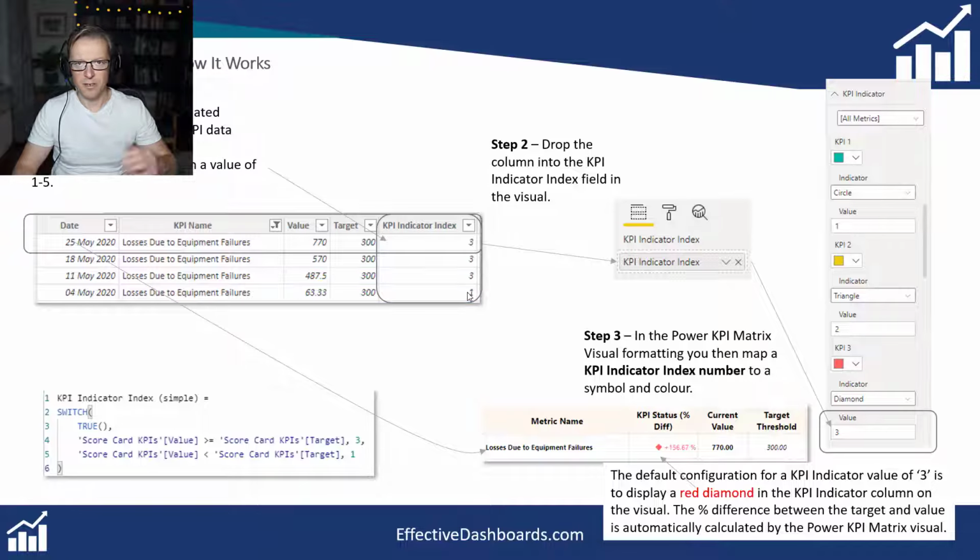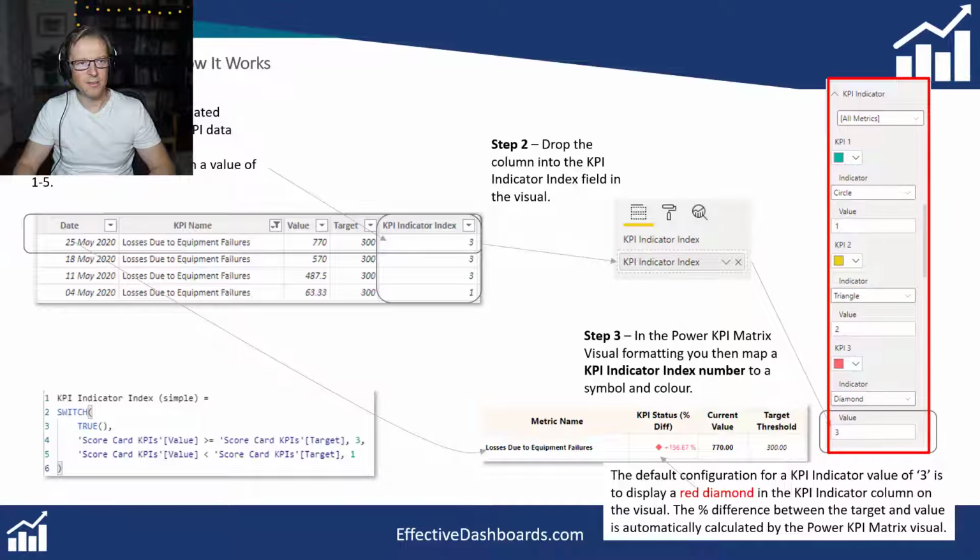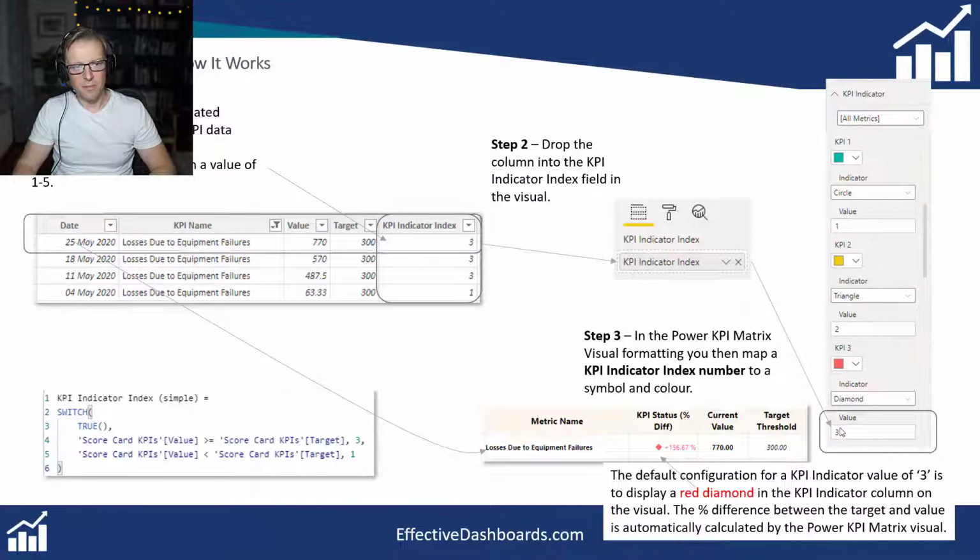Okay, so if it's bigger than the target, it's 3. If it's less than the target, it's going to be 1. So once we've got this KPI indicator index, we are then going to drop it into the field called KPI indicator index. And that is then going to be mapped in the setup, and we're going to go through these stages, but I just want to talk you through the high level setup here. That value there is then going to be mapped into a value that is in the format pane under KPI